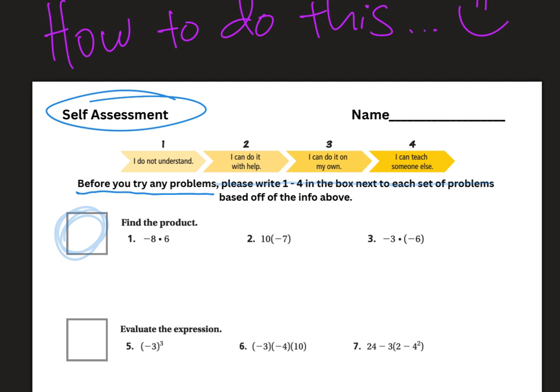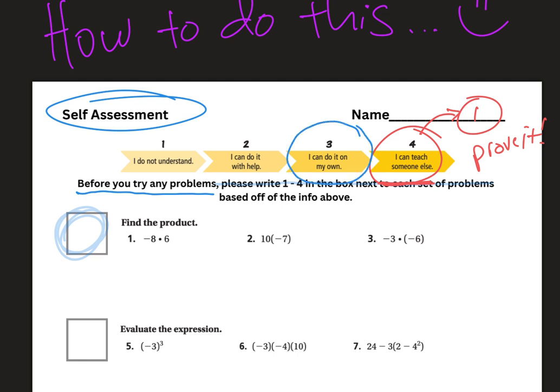But then what do I want after that? Well, let's say you were a 4. If you're a 4, then I want you to do 1 problem. Pick this one, or this one. I don't care which one, and just prove it. Prove to yourself, prove to me that you are a 4, that you're that confident about your ability. But if you start this and you realize that you can't, well then you need to bump yourself to a 3, okay?